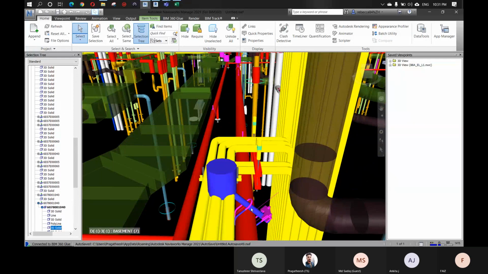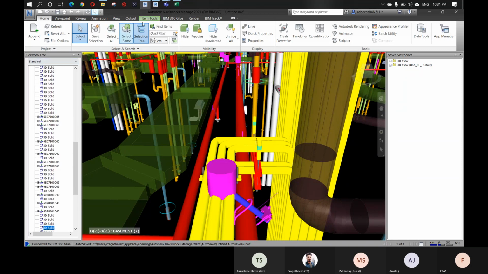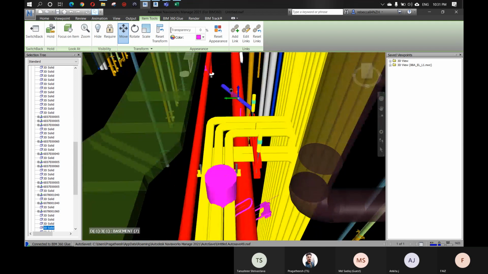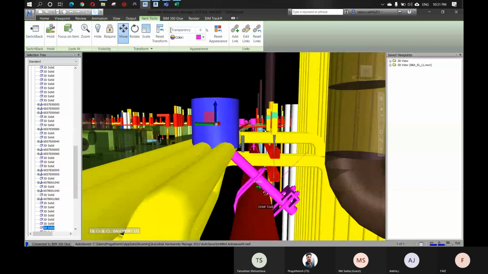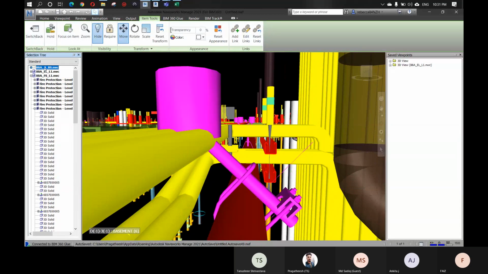If we just select all these elements, I'll simply show you. Go to item tools, click move, and move towards this axis. You can place this element here so that we can avoid the clash, right? So what we have to do is create a viewpoint. Just go near that area, and when you're creating a viewpoint, you have to make sure all the elements are turned on.